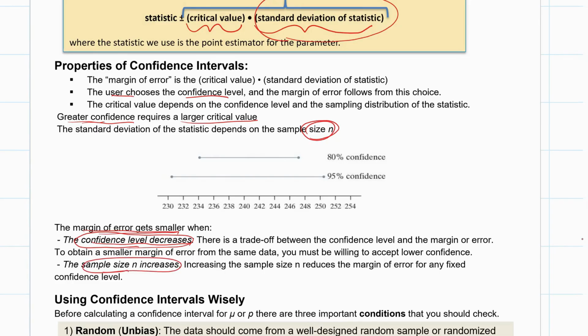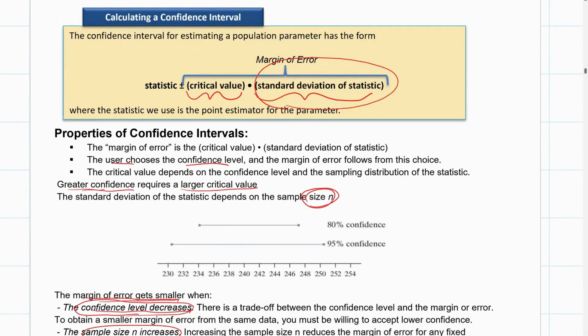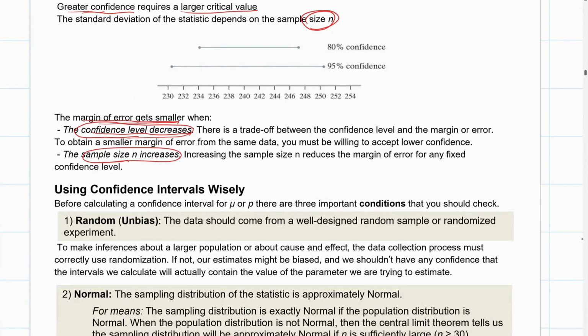Now, these three components, the statistic, the critical value, and the standard deviation of the statistic, these three components, the things that make up this confidence interval, are based on conditions. For example,